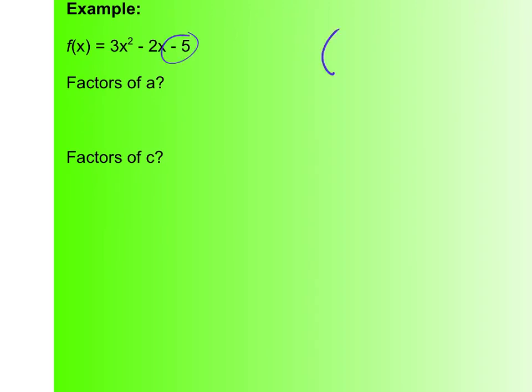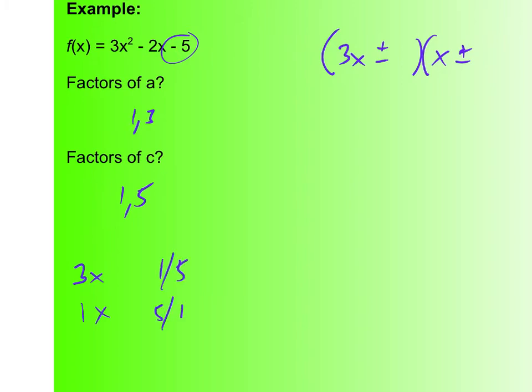So it's going to be, in this case, 3x plus or minus something, and then x plus or minus something. And the reason we know it's going to be 3x and x is because the factors of A are just 1 and 3. The factors of C are just 1 and 5. So this is really nice. So what we know is it's going to be 3x and 1x, and it's going to be 1 or 5 or 5 or 1. And we know that 1 needs to be a plus and 1 needs to be a